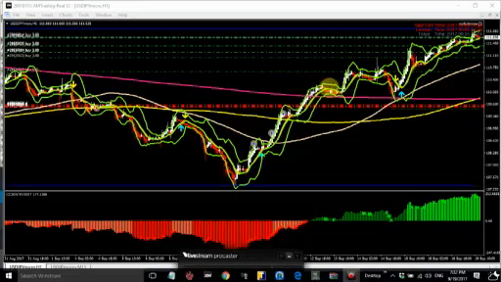When the candlesticks come below it this way, this is your entry,